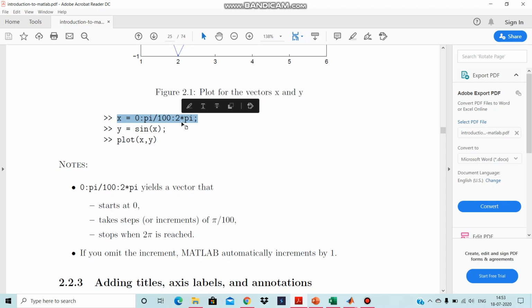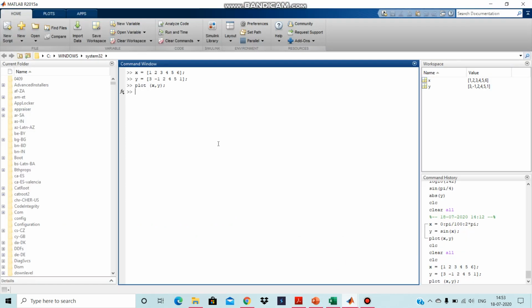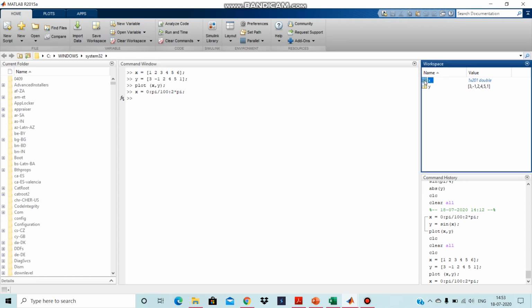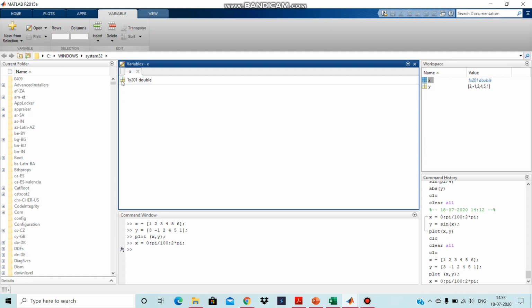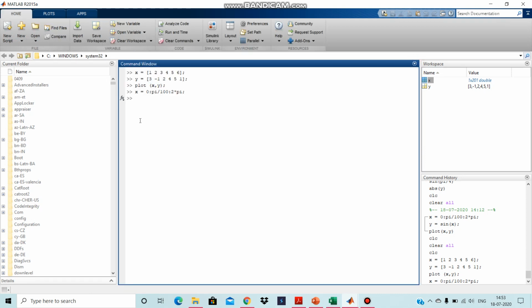Control C, control V. Now I am reassigning x as a variable between 0 to 100, or you can see the values of x by clicking the variable in the workspace. So here are the values of x, 0 to 0.34. I have explained this syntax, that is 0 to 2 pi, the increment is pi by 100.